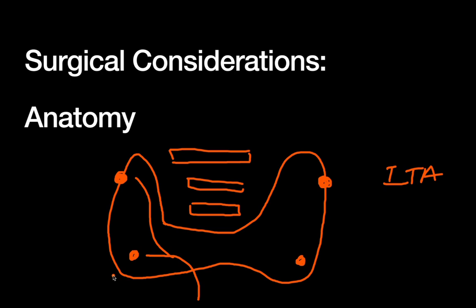And then finally, there's a very important structure that runs very close to the thyroid glands called the recurrent laryngeal nerve. This comes off the vagus nerve, where the vagus nerve hooks around the subclavian artery on the right or the arch of the aorta on the left, and it comes back up towards the trachea and actually passes right in between these 2 glands before finishing its course in the tracheo-esophageal groove and innervating many muscles related to breathing